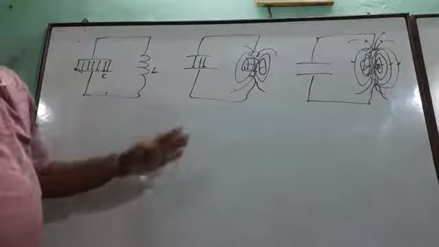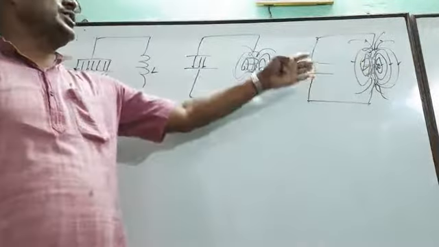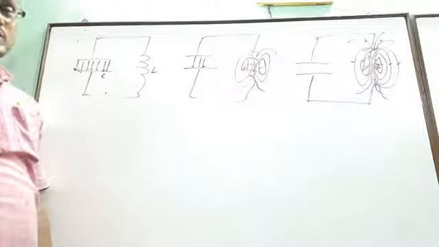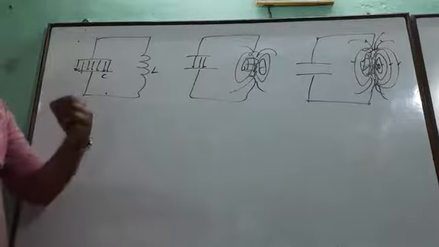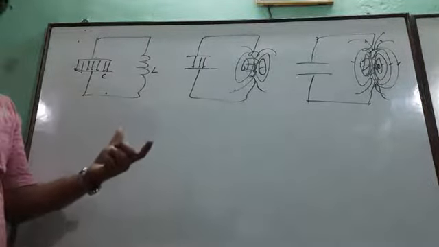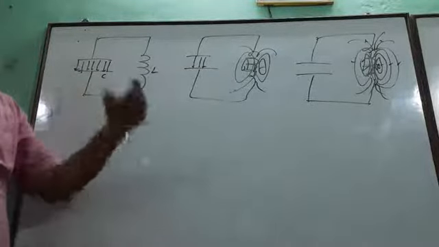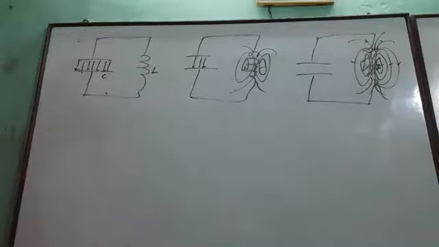Then the same procedure happens again: magnetic energy decreases and is stored as electrical energy, and gradually the process goes on, if there is no resistance in the circuit. But if resistance is present, we know that some heat will always be produced, so every time the energy will decrease gradually, and sometime it will stop.